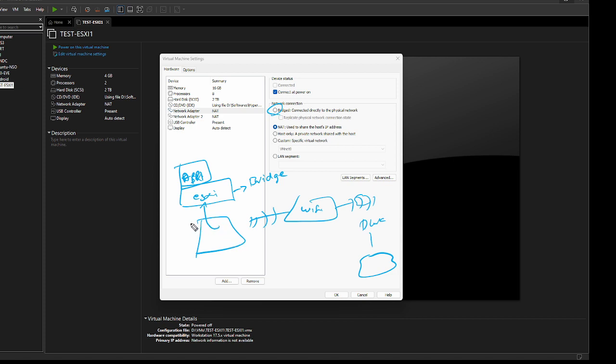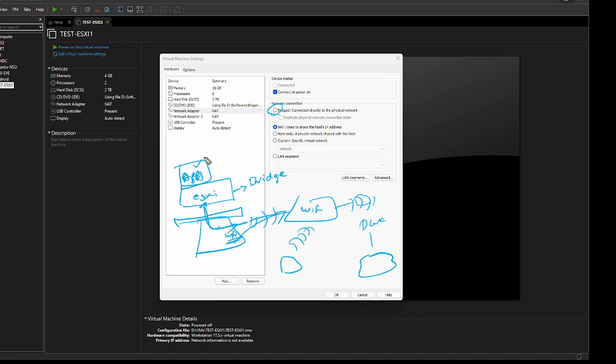So Workstation is allowing you to do the mapping. It will just say, okay, don't worry, the administrator has assigned your adapter as the bridge one. So to go to the bridge, you have to connect to your Wi-Fi adapter over here. This is the hardware. You have to make sure you connect it, and from there you pass the traffic. Bridge means you now have one more PC which is connected to the same Wi-Fi.